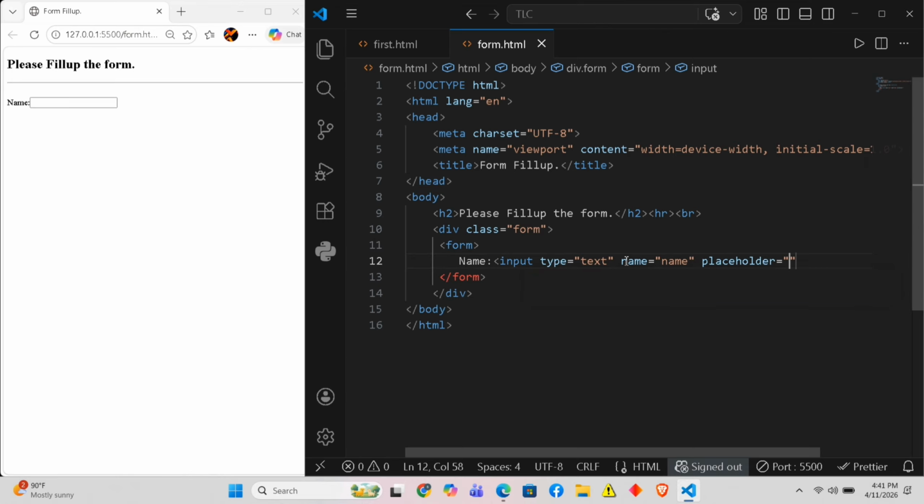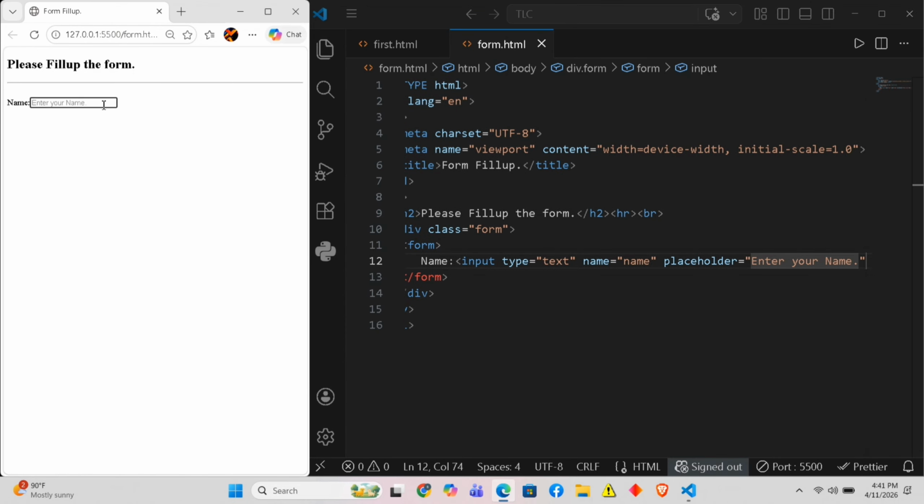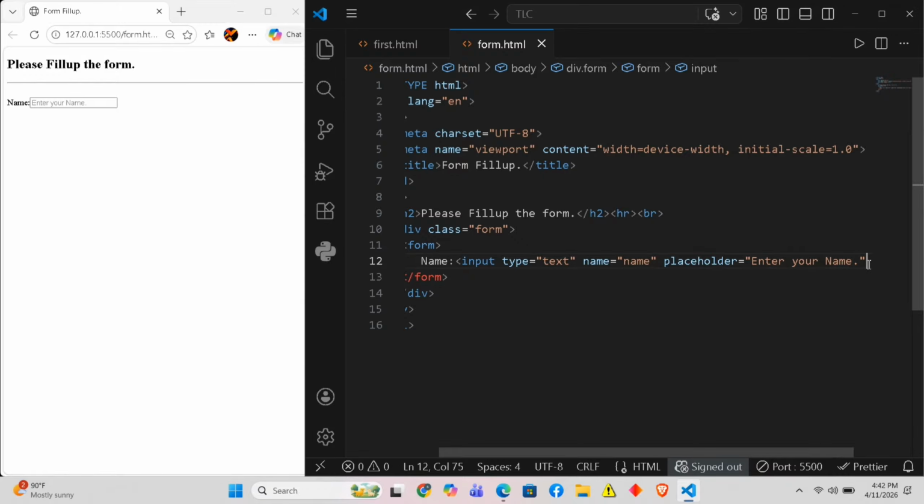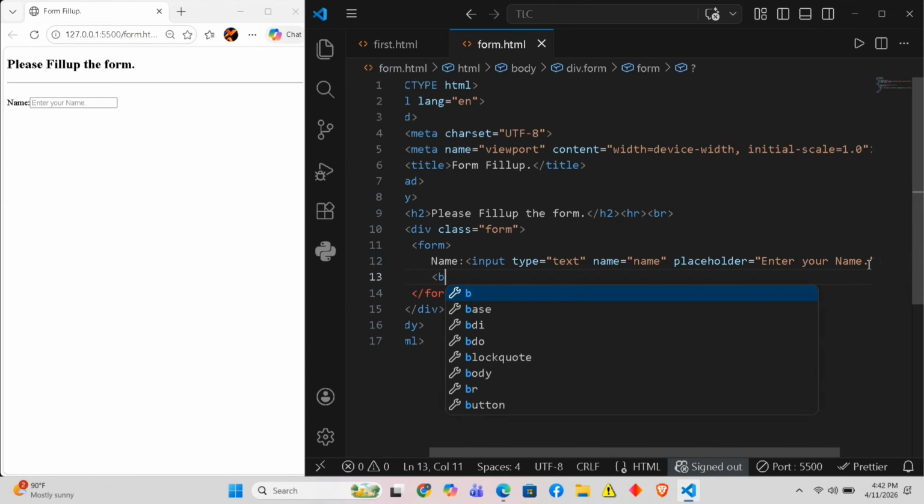And here in placeholder I have written enter your name, and see here when I clear everything, then inside that box it is showing enter your name, so it is more practical, so I have used the placeholder here. And after name, now line break,